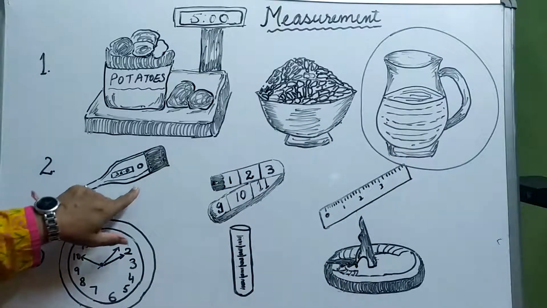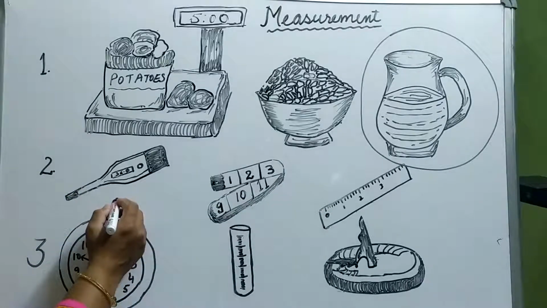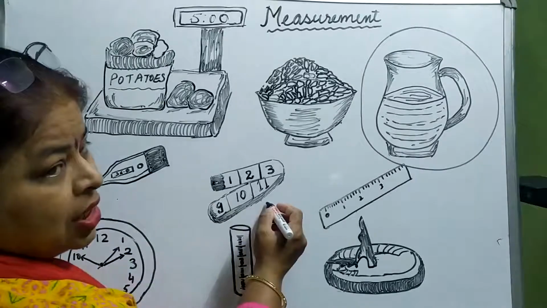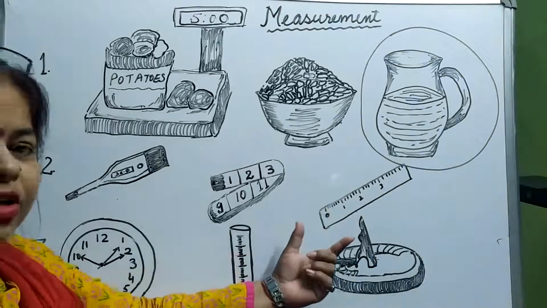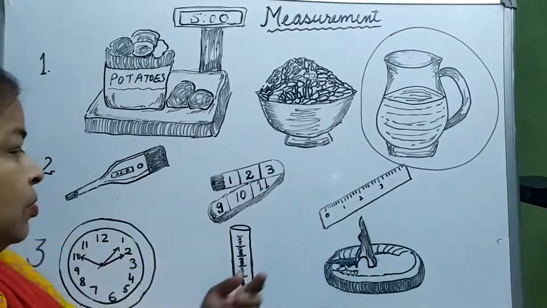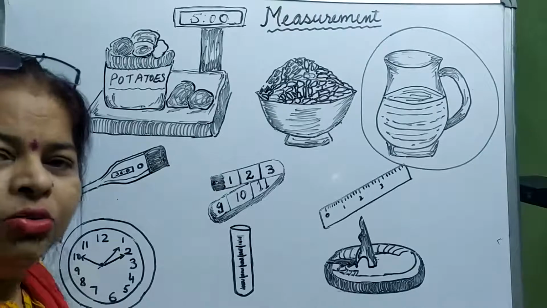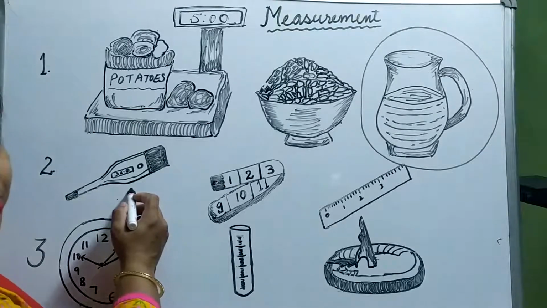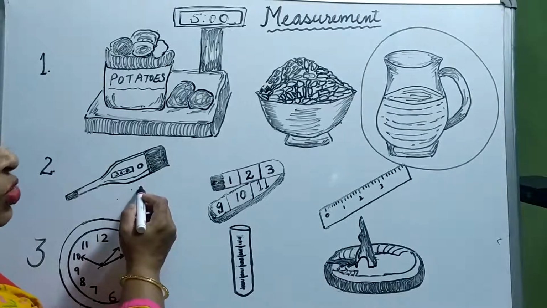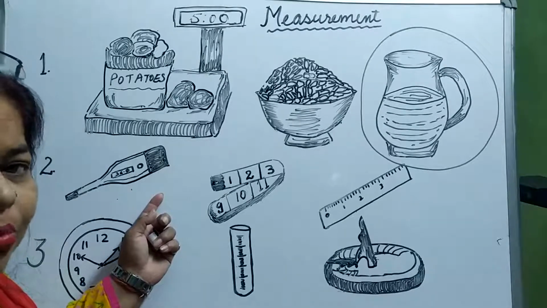Now let us come to the second row. In this, we have a digital thermometer, a measuring tape, and a ruler or a plastic scale that you have in your pencil box. So now think about it: out of these three pictures, which one is the odd one out? For what is the digital thermometer being used? It is used to measure heat or the temperature of the body.